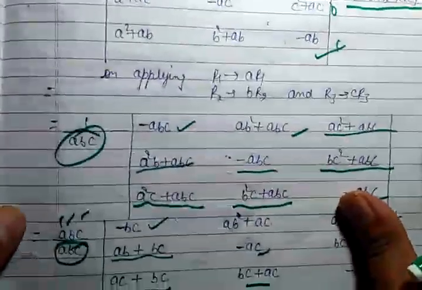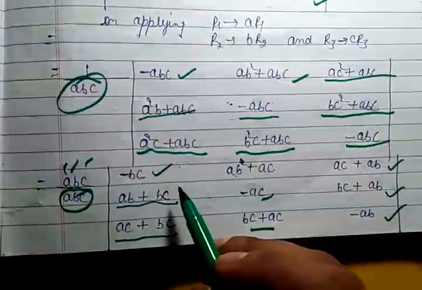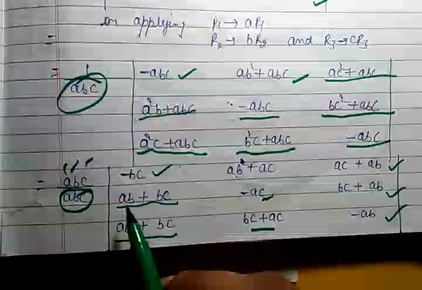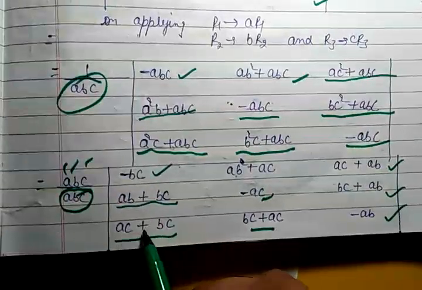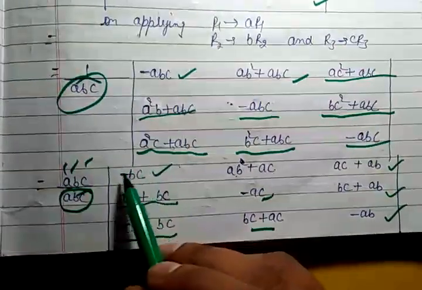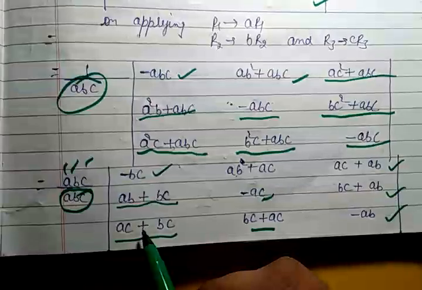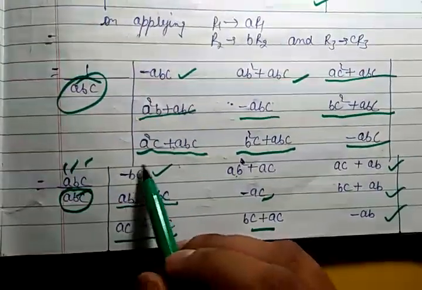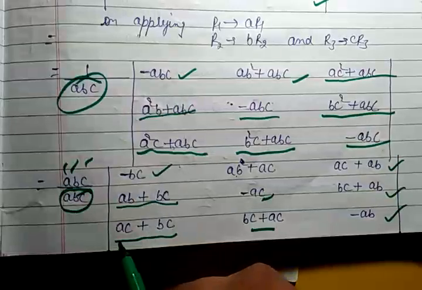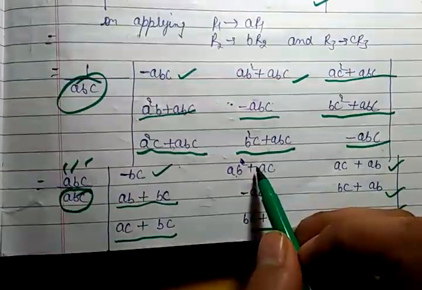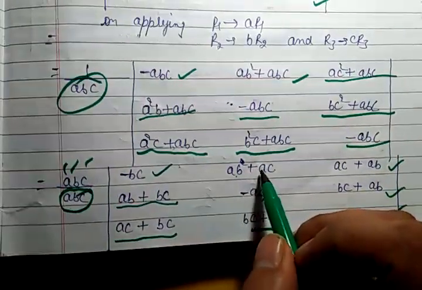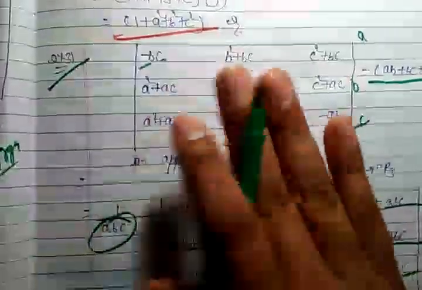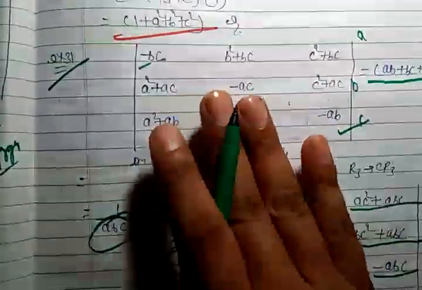Now look here very carefully. You can see here ab plus bc, ac plus bc and bc. If you add r1 plus r2 plus r3, then bc is deducted from bc, and you will get ab plus bc plus ac. In the same manner you will get here also ab plus bc plus ac, and ab plus bc plus ac. So I am saying please look at this question and set it in your mind.